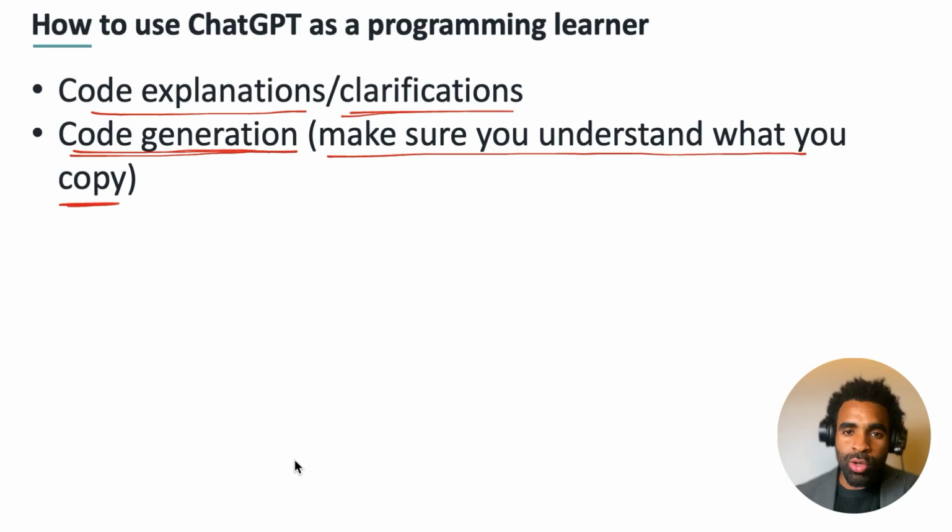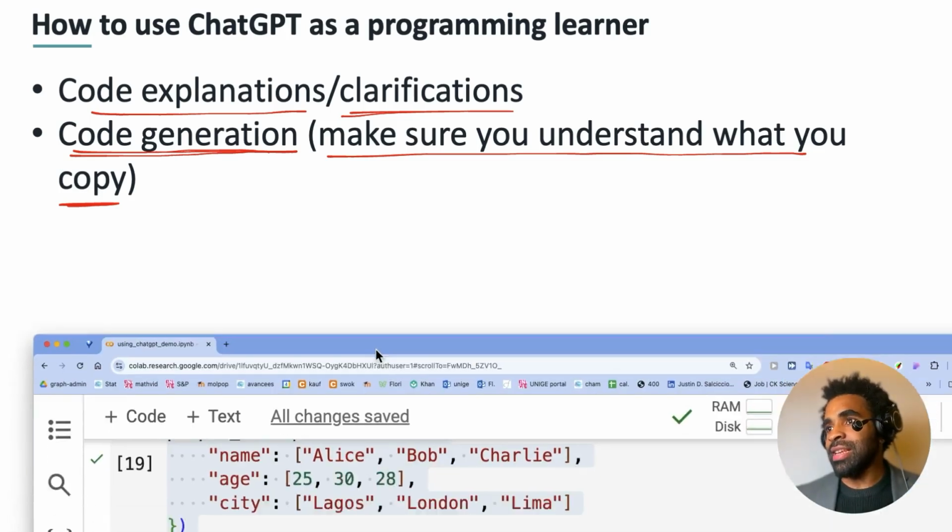This is because the code for visualization libraries in Python and most other programming languages tends to be very complicated. There are many different functions and arguments, and keeping track of all of them is impossible for most people. So this is a good use case for AI models because you don't have to remember all these tiny little details. So let's see an example.